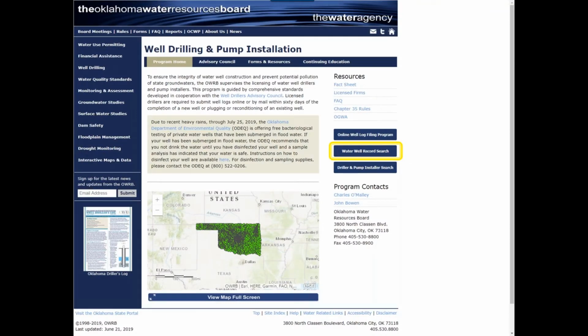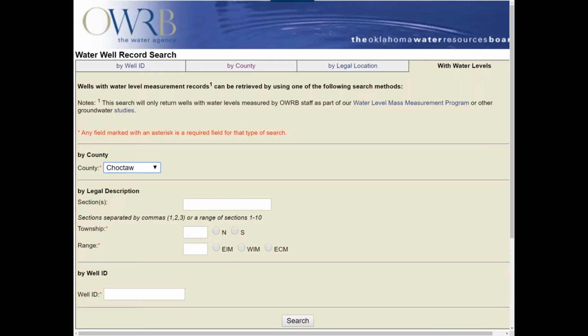Yeah, so this is that page through the Water Resources Board. A lot of good information is available, and a lot of states have something like this. This is one of the better ones for sure. But you can do a search as well based on where you live: township, range, and section. So townships would be like 18 north, range 3 east or west. And they have 2 different meridians going through the state, which is why it's EIM and WIM instead of just E or W, which is what we have in Illinois, where there is no break in the way our data is separated.